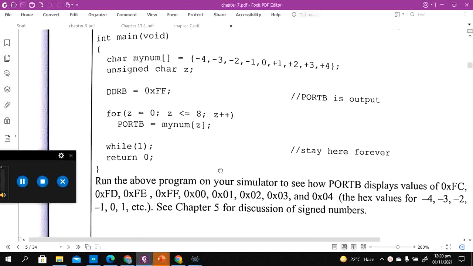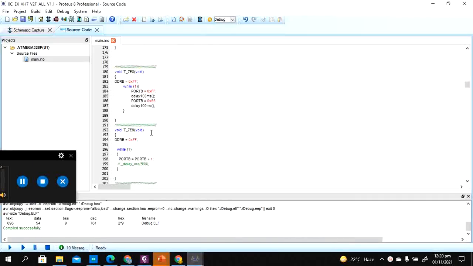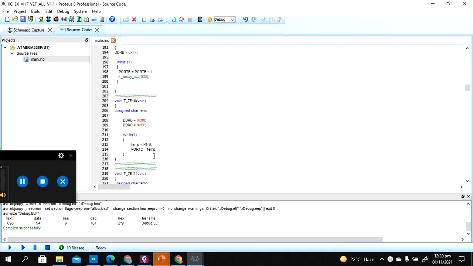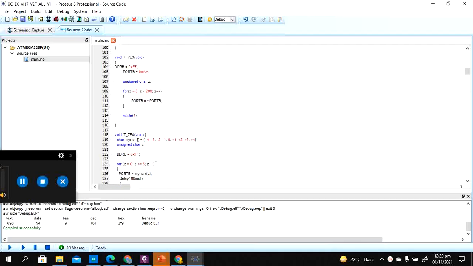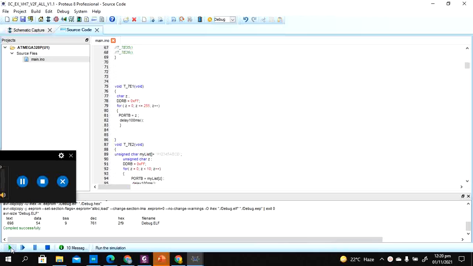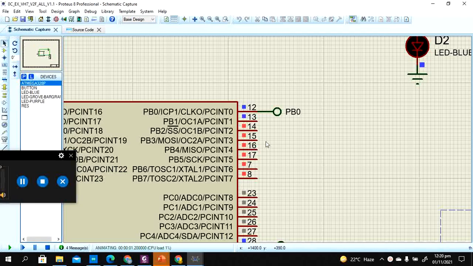So let's see the examples of chapter number 7, 7-4. So -4, -3, -2, -1, as I've shown, is going to say 0xFC, 0xFD, 0xFE, 0xFF. You can verify this from the simulations when we run these examples. I've added a delay, and let's play this example. See 0xFC, 0xFD,